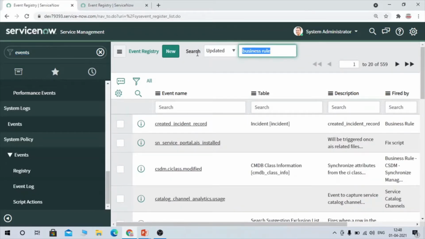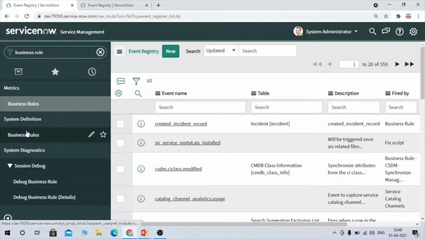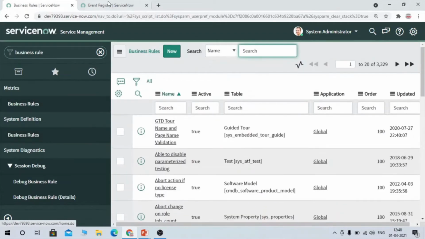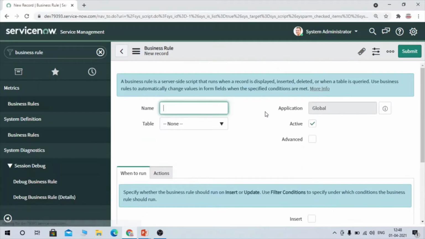Okay, I'm checking the advanced option first, and here I'm providing send email once incident created.